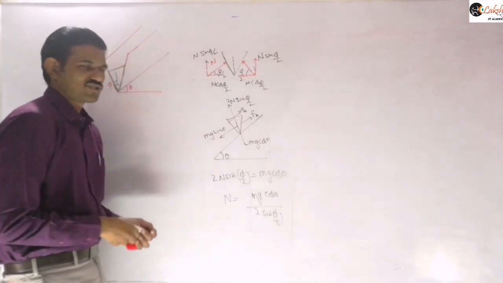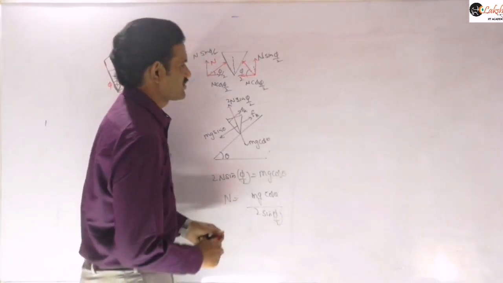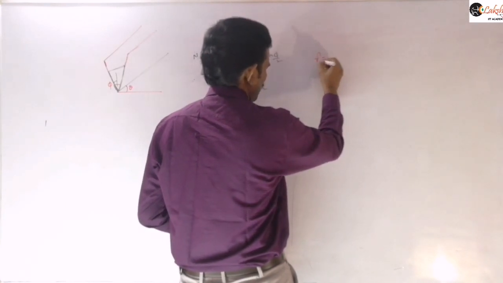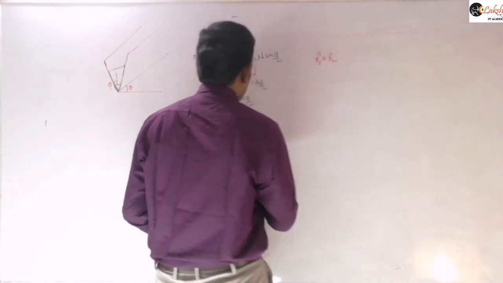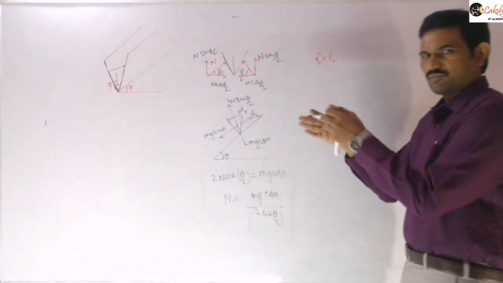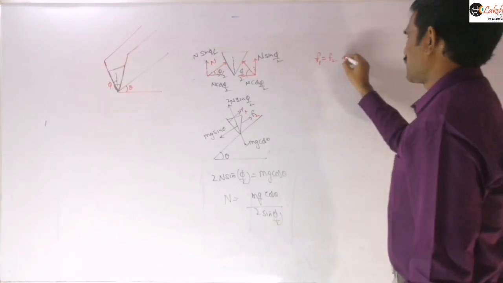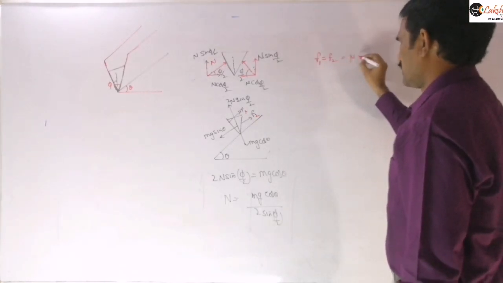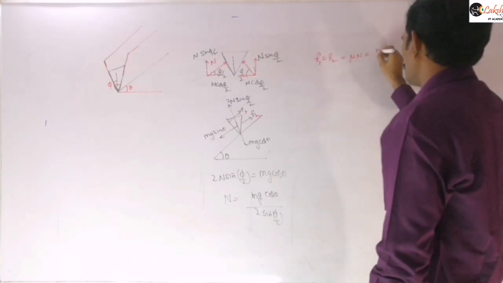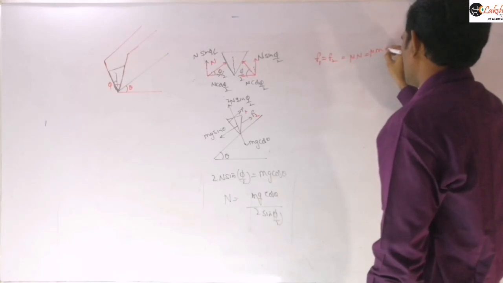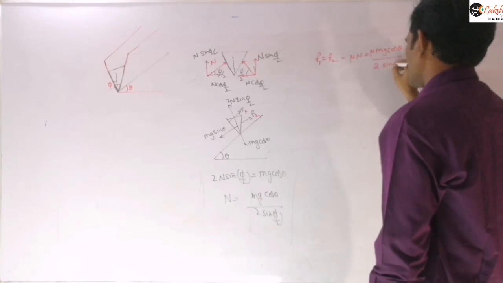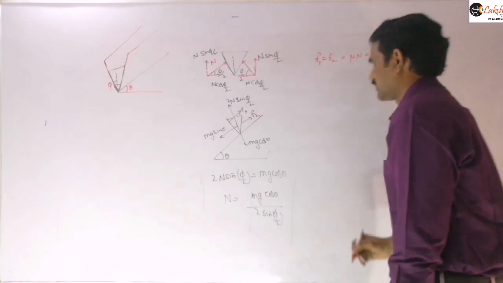And now let us write the frictional force from this. Frictional force F1 is equal to F2, these are nothing but our frictional forces here. You may consider F1 and F2 both equal from both the planes. So this value is equal to mu into n, where n is given by this expression, so mu into mg cos theta by 2 sin phi by 2, right?